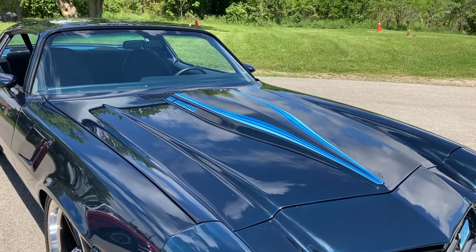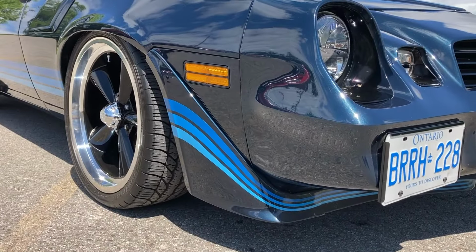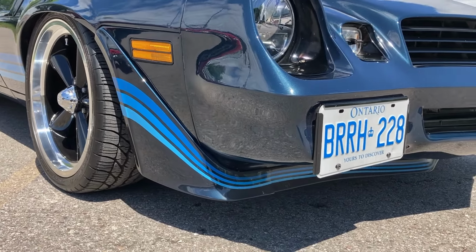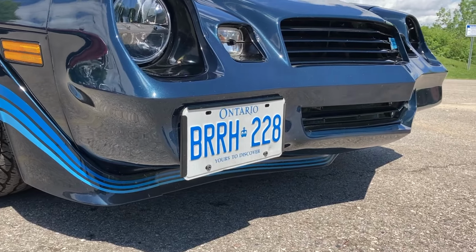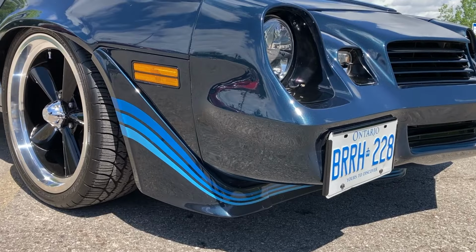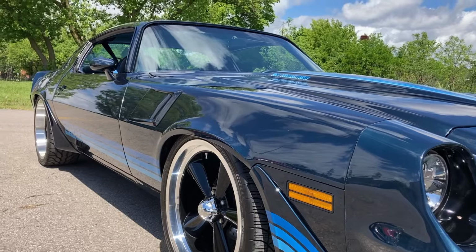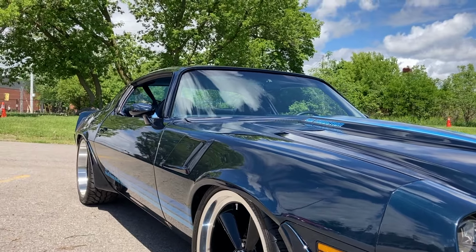It pops. It makes the difference. Absolutely. I really like the baby blue on it. Even here, on the front spoiler, the way it kind of just curves around like that. Just gorgeous. So these are the original stripes, what it would have been in 1980. It had the original stripes on it, but once you remove them, they're like a decal. You can't reuse them, so you'd have to...